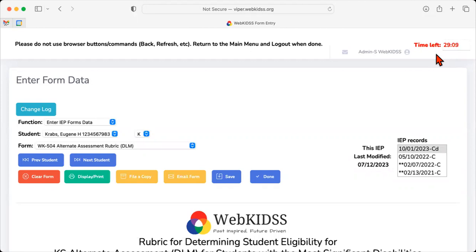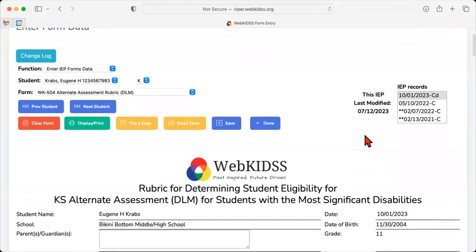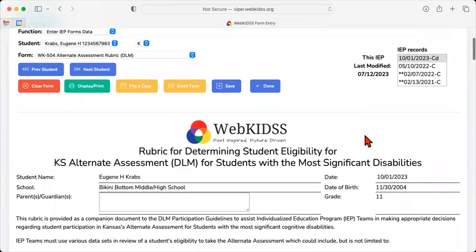The WK-504 is the alternate assessment rubric for the DLM. This form is taken directly from the example that was provided to us here in Kansas for the DLM rubric for students with most significant disabilities. On this form, you're going to see pretty much what you've already seen on the paper version rubric that